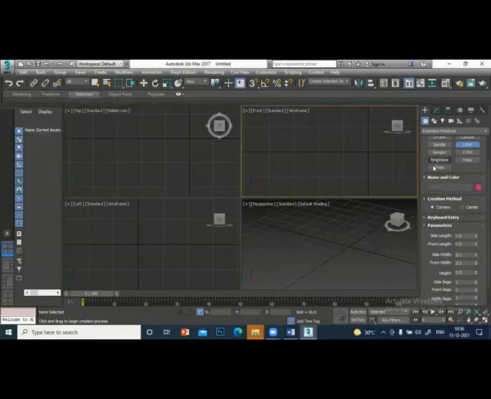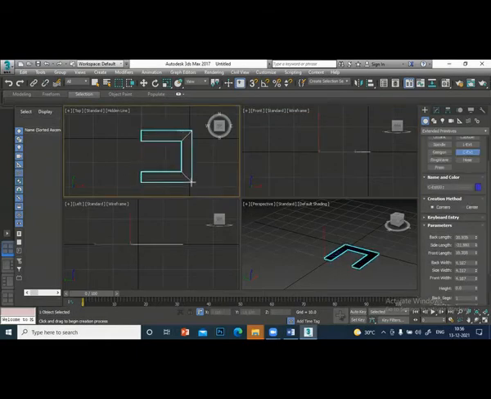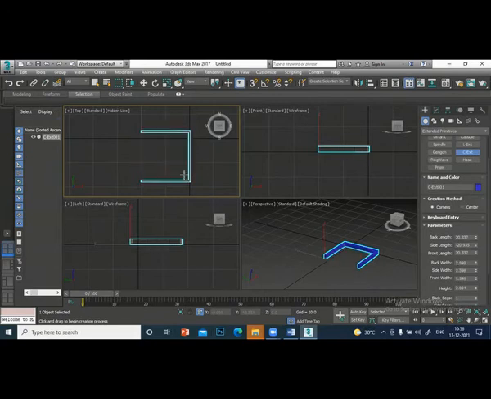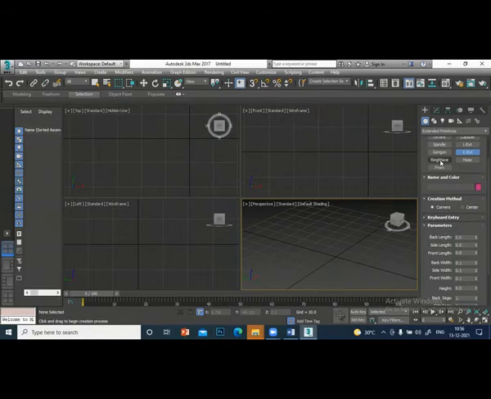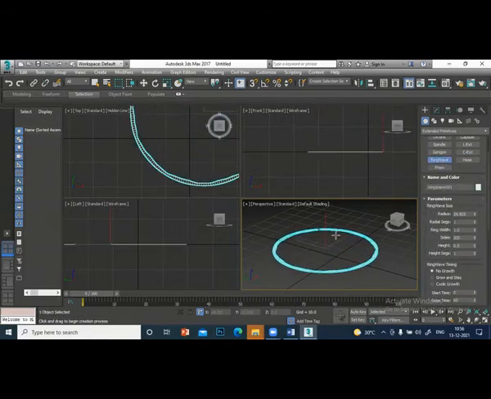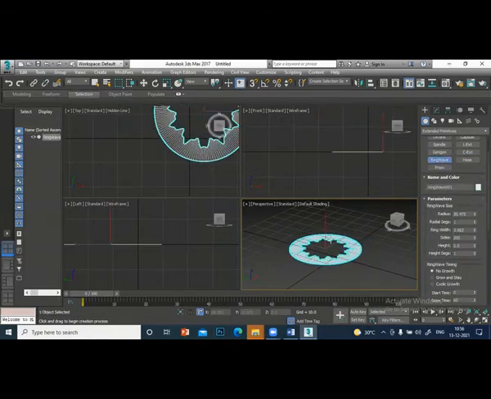Same way you can create C. Okay, again you can change the values. These are all used to create walls and other things. Okay, again you can change width, height, everything. Ring wave. You create a ring wave here. You can see that it's moving. Is it moving?